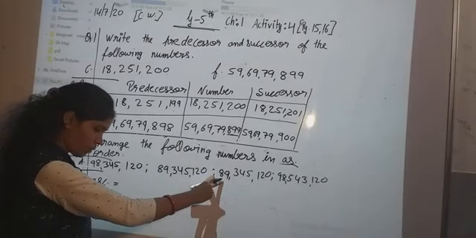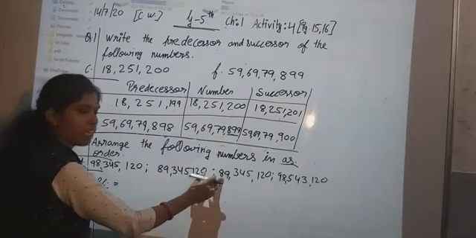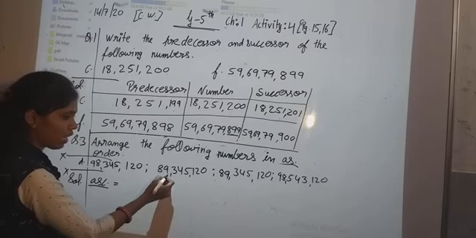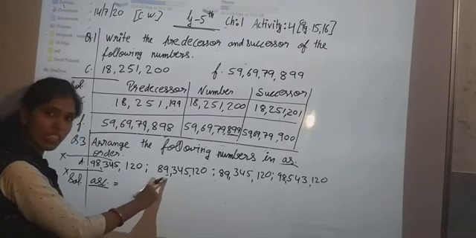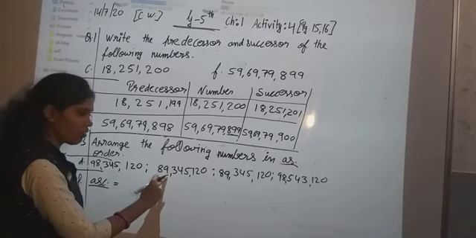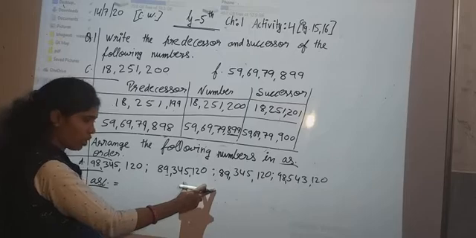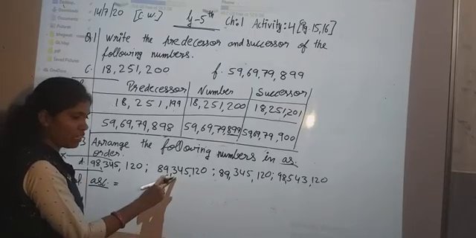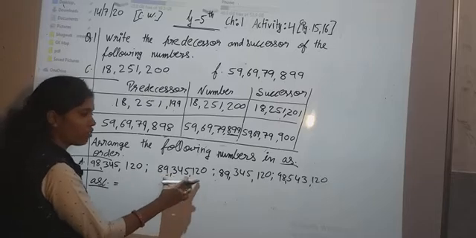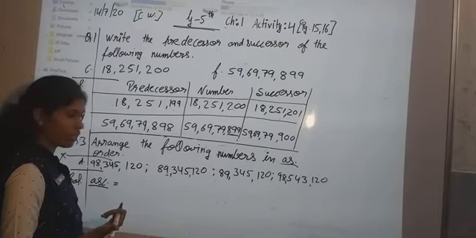Okay students, so both are equal. 8 and 8 both are equal. We will compare the million place now. This was 10 million and this one is million. We have 9 million, and again we have 9 million. Both are equal. Okay, so let's come to the 100,000 place. If you read all the numbers, you can easily read the international place value.